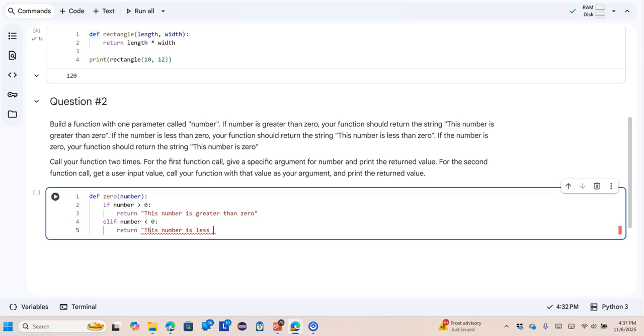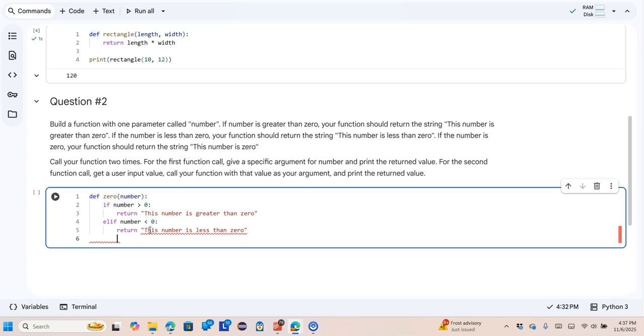Is less than 0. All right. And then we had one more condition. And there's a way you can go ahead and put else if you wanted to on this. I kind of like to go ahead and put elif, and we're going to put an else for anything else, but we're going to say elif,